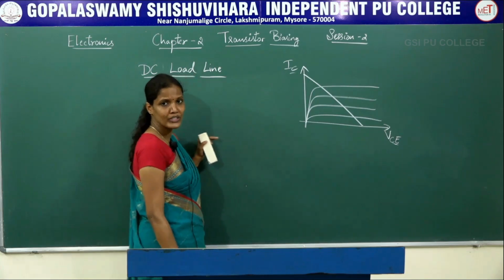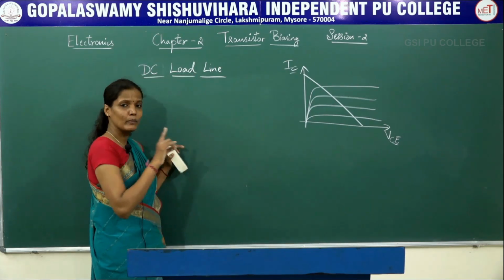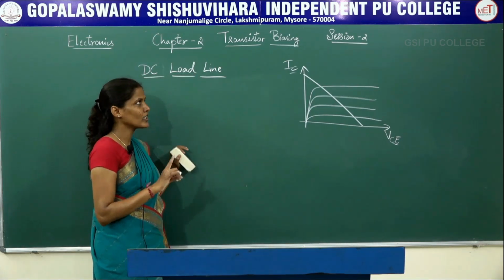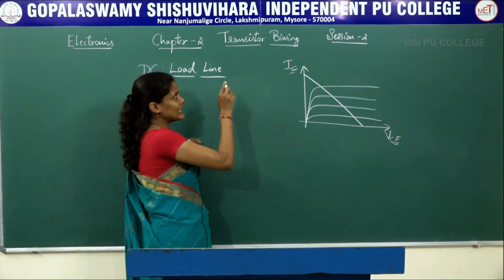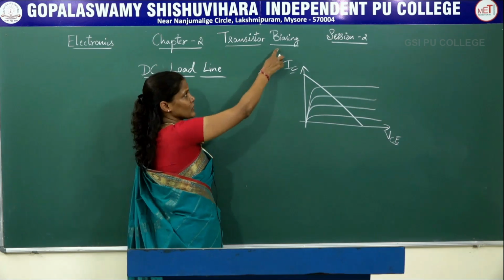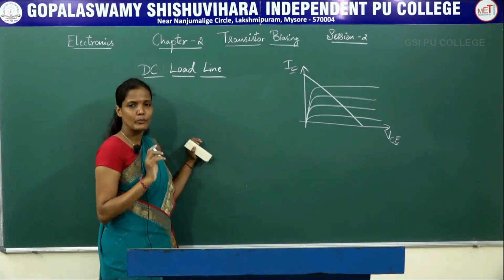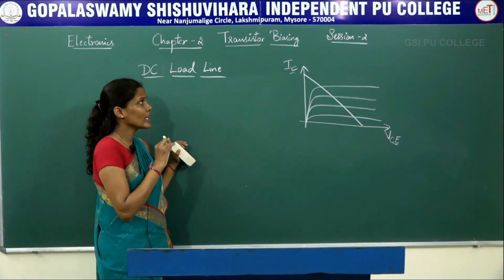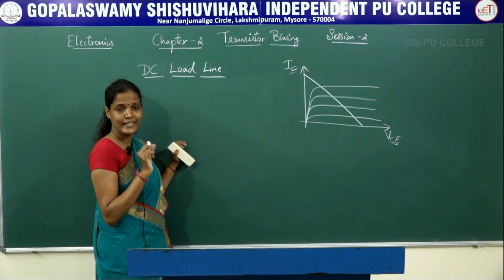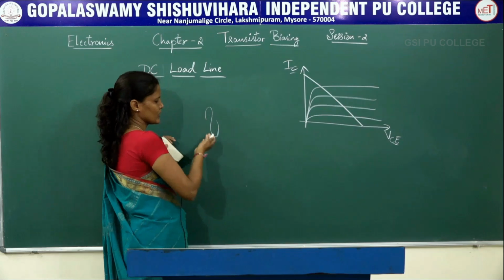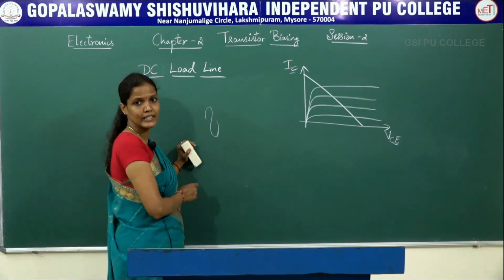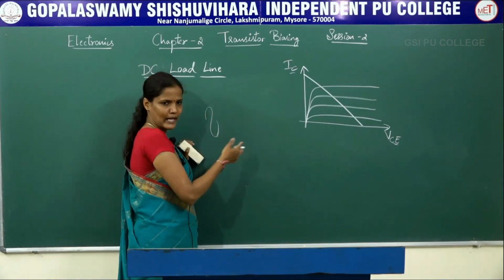What is this, under no signal condition? I need to apply DC source in order to turn on the transistor. I need to apply the external DC source, that is biasing. I need to bias the transistor, but whenever I am using this transistor as an amplifier, we have to give a separate input. Suppose this is considered as the input, what has to be amplified?